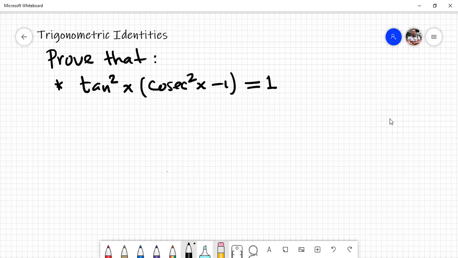Okay, so as you see here, we have an equation, and this equation consists of the expression